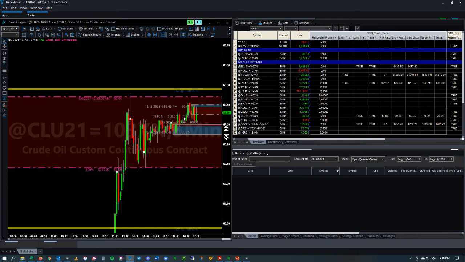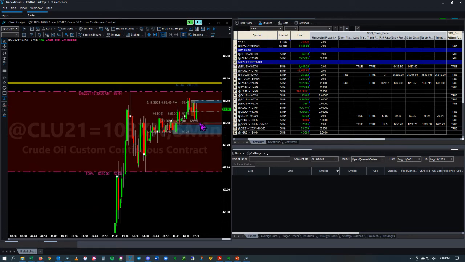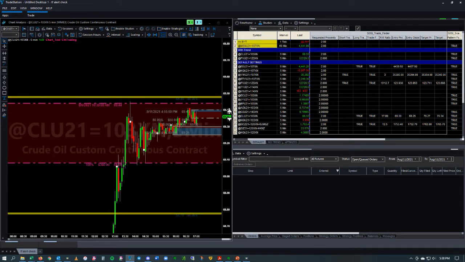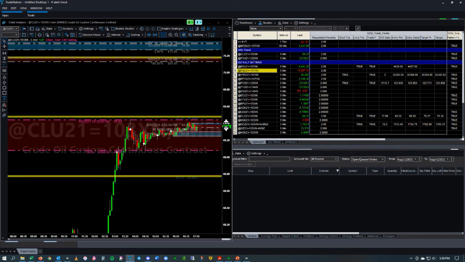And you can't see that, but you can see there's your band right here, and you've got your opposing fresh zone, your target up here